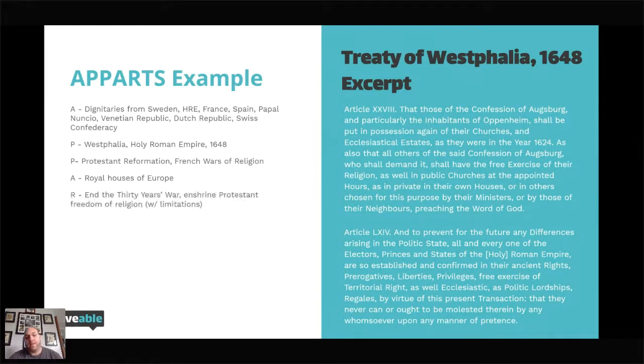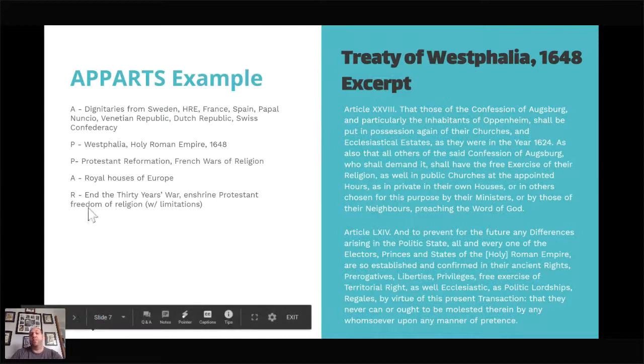So then we have our reason. Why are they doing this? Well, the 30 Years' War was a very bloody and brutal war. Over 8 million people died, probably one of the most expensive and deadly conflicts in European history prior to the 1900s. That kind of destruction needs a written peace that can end this war. They're not just doing this because they're writing a treaty. This is a big idea. It also is enshrining the idea of freedom of religion, but there's a lot of limitations placed upon that.